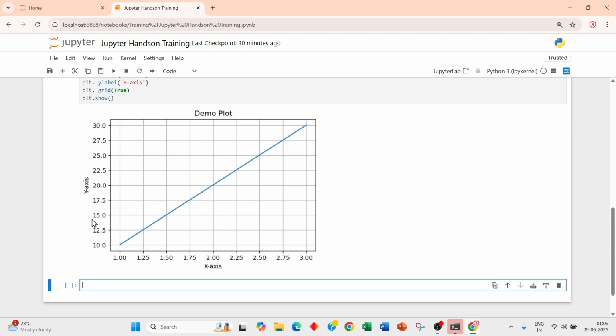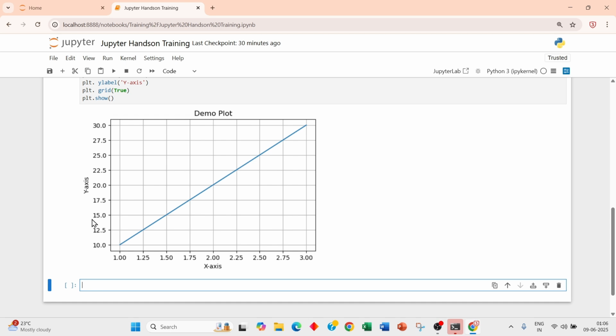Always remember, the cell should not be in active state. If you press A, it will write A inside the cell, so all the shortcut commands will not work. So you have to press Escape and come out of the cell, and the selection will be there. You just press M, Y for code type, and M for markdown type. And then double D, if you press D 2 times, it will delete the cell, and Ctrl S for saving